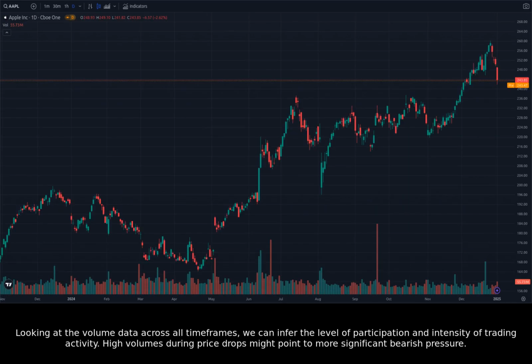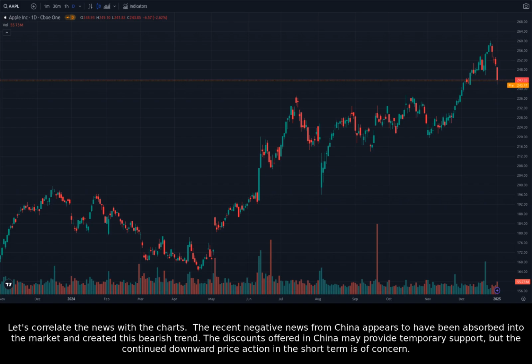Looking at the volume data across all timeframes, we can infer the level of participation and intensity of trading activity. High volumes during price drops might point to more significant bearish pressure. Let's correlate the news with the charts. The recent negative news from China appears to have been absorbed into the market and created this bearish trend. The discounts offered in China may provide temporary support, but the continued downward price action in the short term is